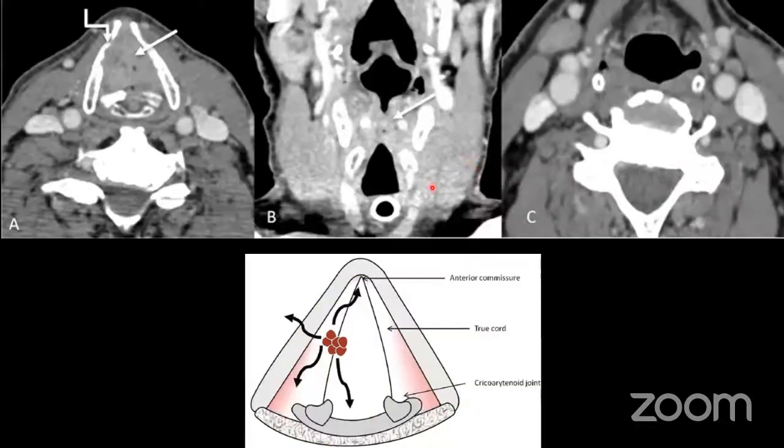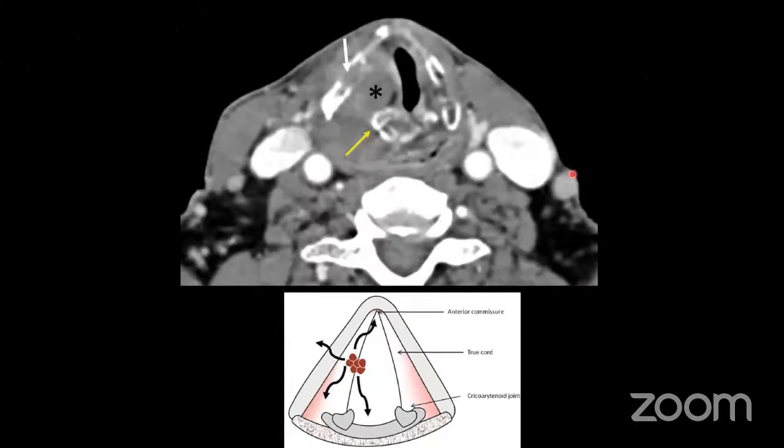Followed by a true glottic disease, represented over here by circumferential involvement of the laryngeal lumen with focal cortical erosion on the right side and significant luminal narrowing, which led to the need for tracheostomy. So this patient has a few very significant findings which suggest that this patient is not a candidate for CTRT. That means the cartilage is involved, the cricoarytenoid space is involved, there is sclerosis of the arytenoid. At the same time, the paraglottic space is also involved. So this is an advanced disease with dysfunctional larynx, and the patient is a candidate for surgery.